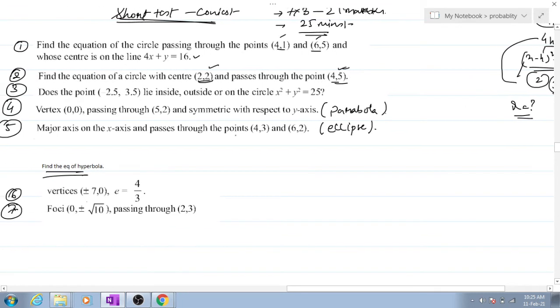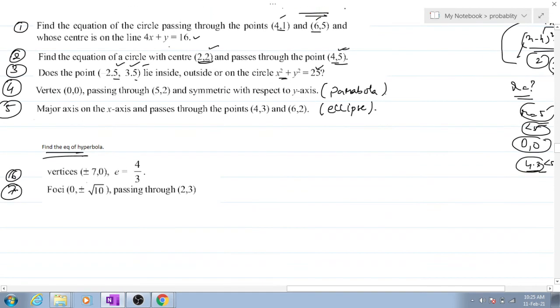Now moving on to the third one, we have a point given, and it lies inside or outside this circle. First of all, tell me the circle radius is how much? Radius for the circle is 5. So we'll calculate the distance of this point from the origin. If you get a distance of less than 5, I think you'll be getting around 4 point something, which is less than 5. You'll say the point lies inside the circle. Clear?